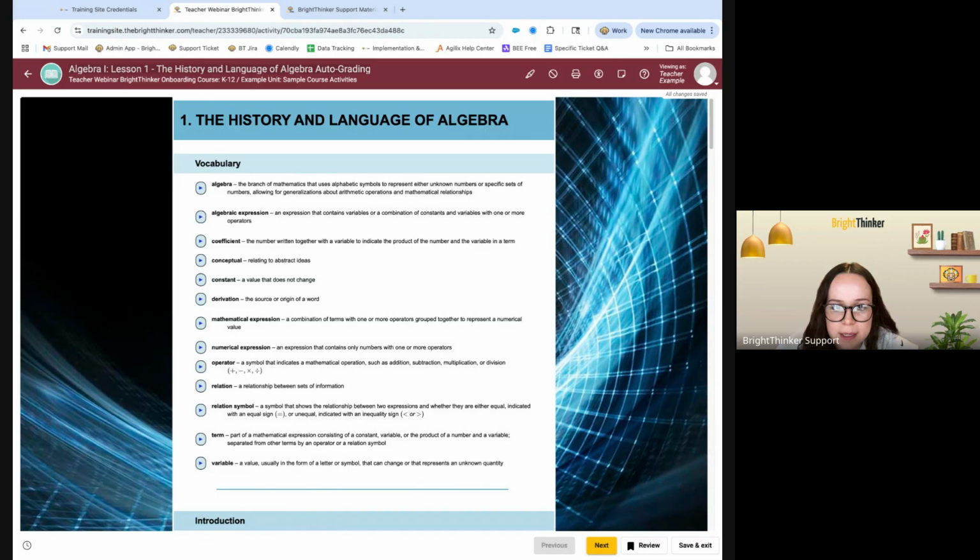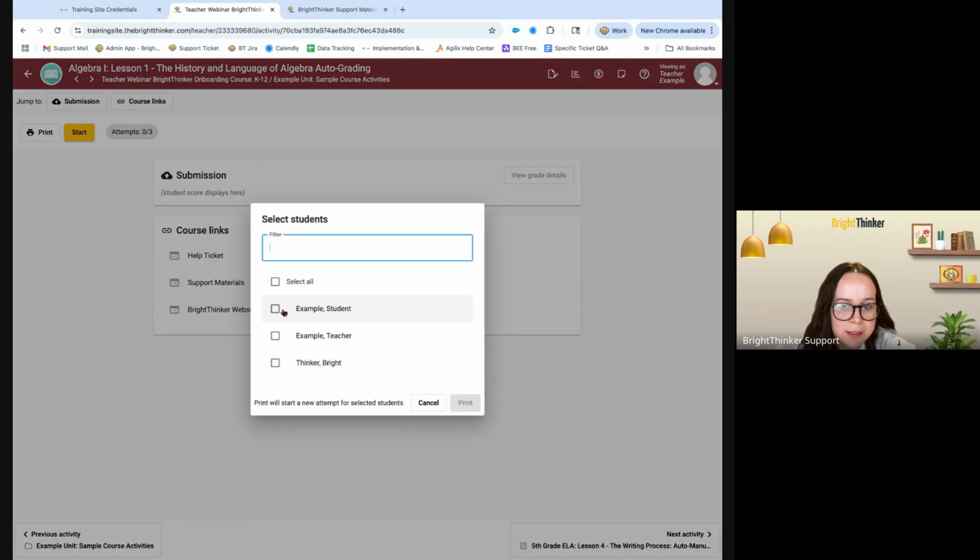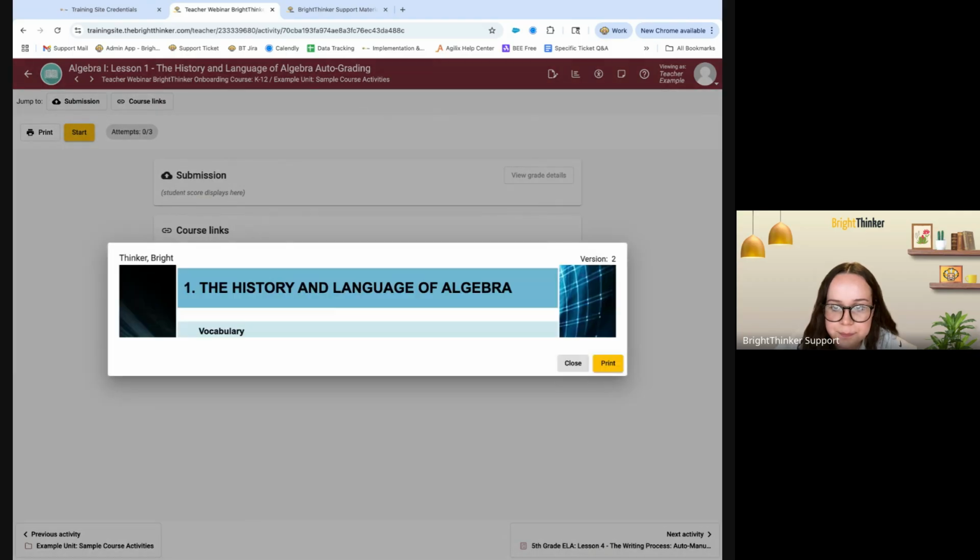So in order to print an attempt for a student, it automatically will bring you to the preview of the lesson. You may have to click the back arrow just once until you see this screen here. So whenever you see print, you can click on that and it'll give you an option to select the students you'd like to print the attempt for. Let's say it's just my bright thinker student that needs to complete offline. Once I select them and then click print,